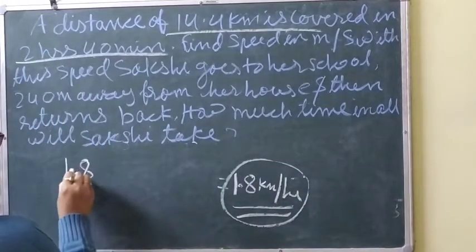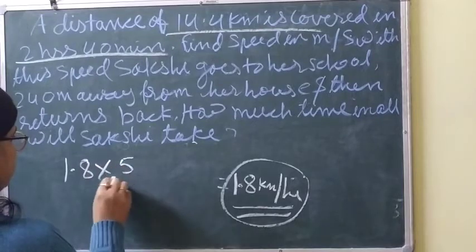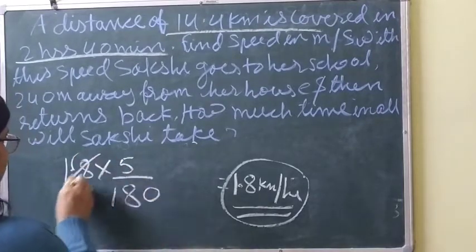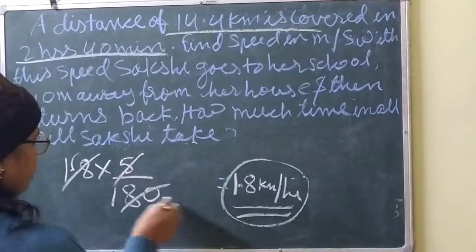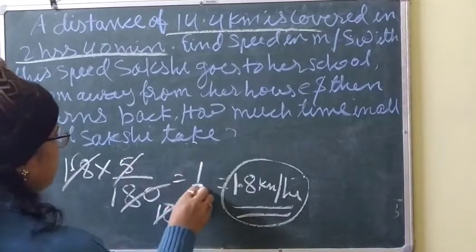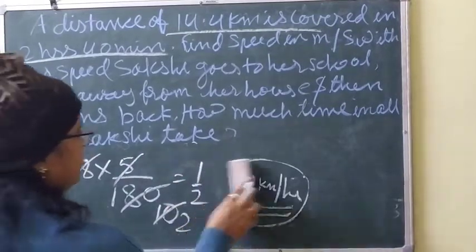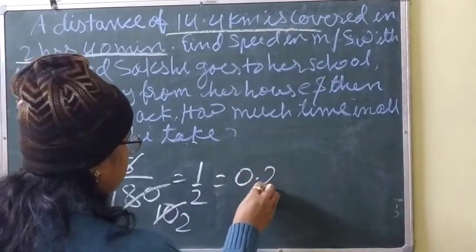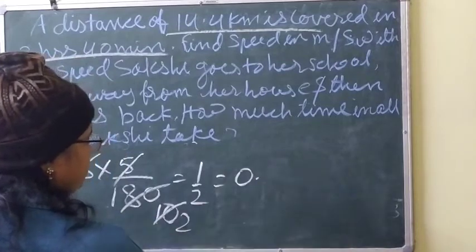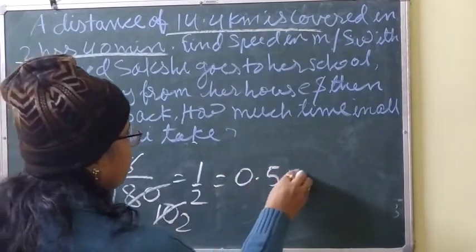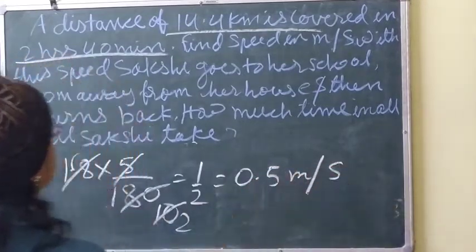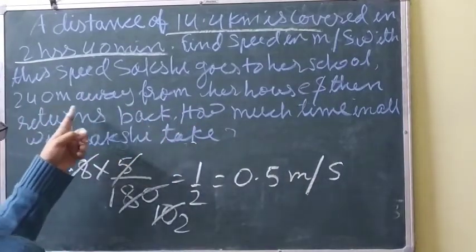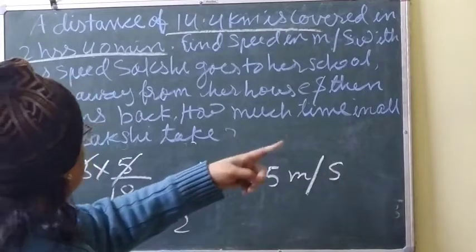Meter per second 1.8 times 5 by 18. Remove this one, 0 here. 18 10, how many times? 2. 1 by 2. So 1 by 2 means what? 0.5. 0.5 meter per second. With this speed, Sakshi goes to her school 240 meter away from her house and then